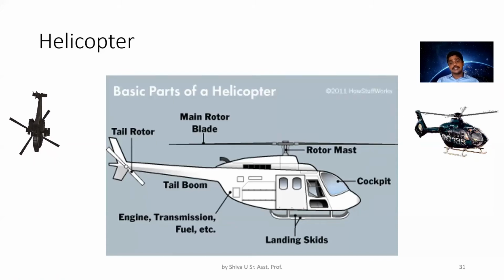But at the same time, helicopter speeds are limited, and there are moving parts, very long moving surfaces on this helicopter. As we can see in the image here, that's the main rotor blade, which generates the thrust to lift the body up.